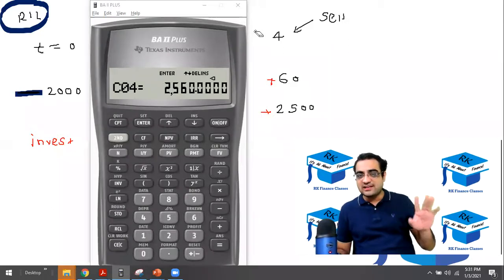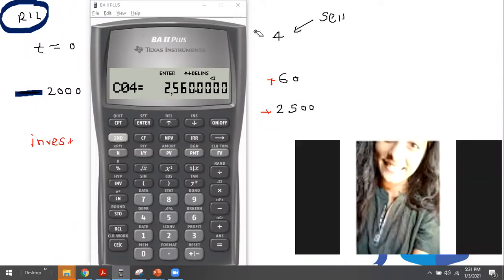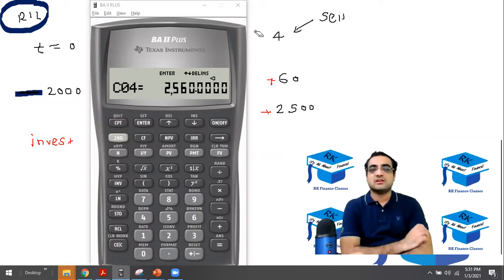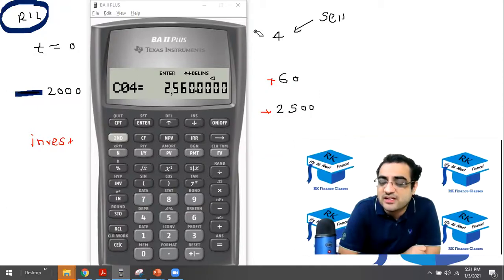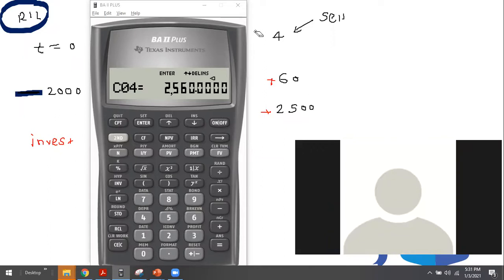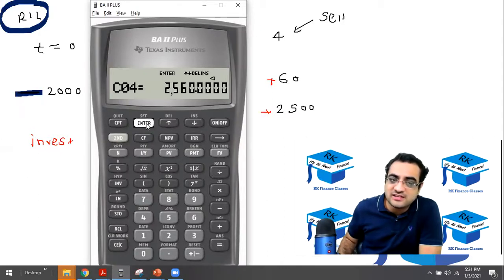Anyone doubt till the cash flows are entered? Anjali, any doubt? Raise hand. No, sir, by mistake. All right, Dhairya, any doubts? How did you get 2560? लास्ट ईयर में 4th ईयर में 60 का डिविडेंड है एंड 2500 का सेलिंग प्राइस है. तो रिसीव 60 फ्रॉम डिविडेंड एंड 2500 बाय सेलिंग द शेयर. So 60 plus 2500 is 2560. So instead of entering 60, you have to enter 2560. You can put like this: 60 plus 2500 equal to, and then press enter.